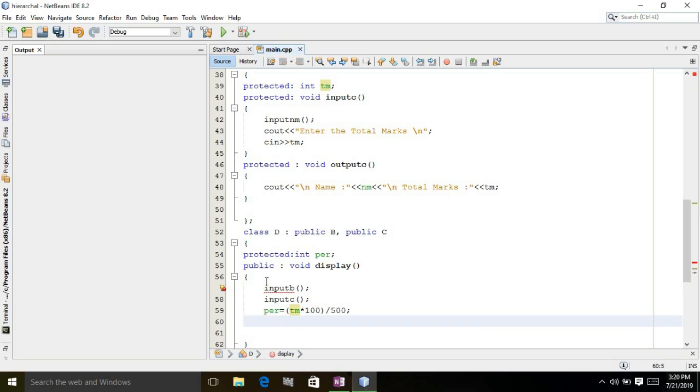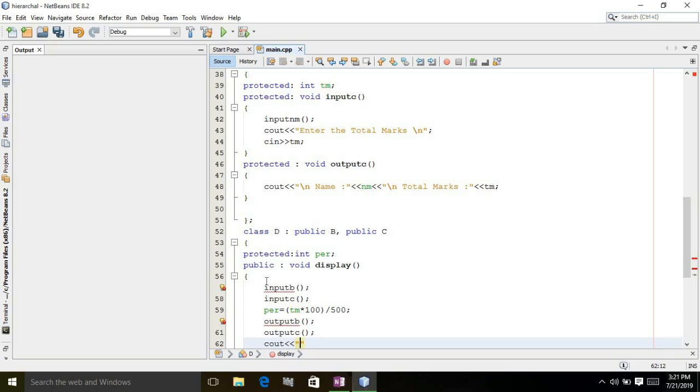So first output, we have to call the output. So output, we call the output of B here. Then we use output C. Then we will display that percentage with cout, a newline, and percentage